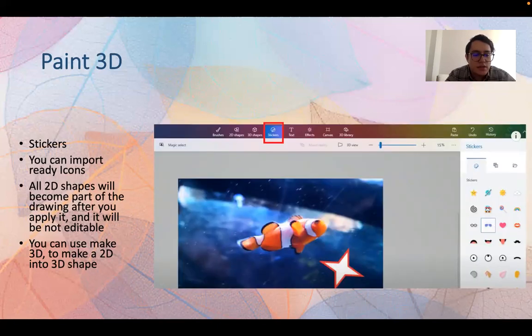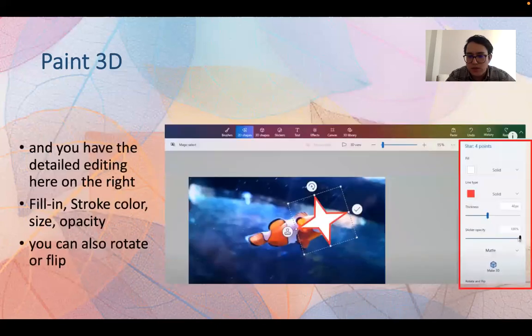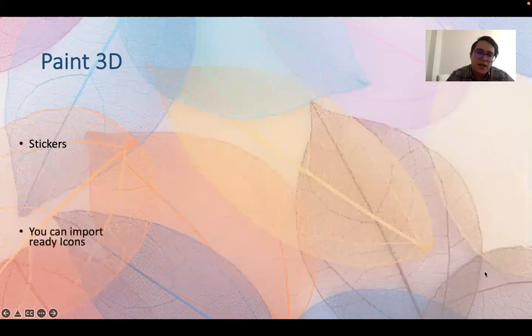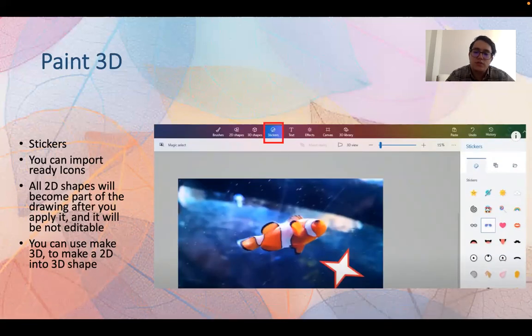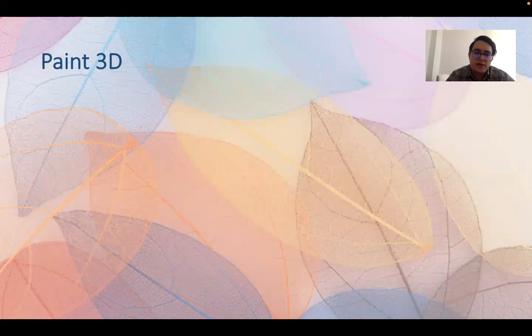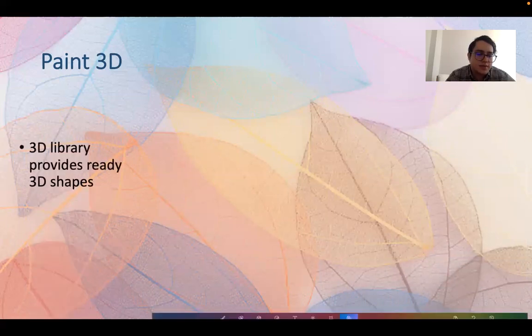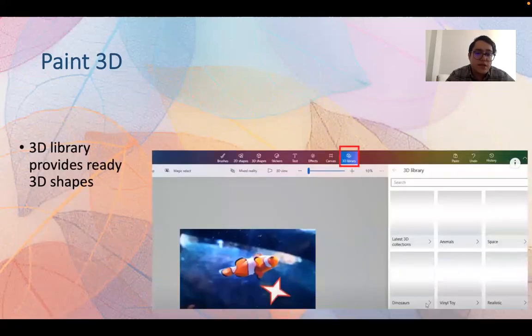For editing it, you have to make it 3D. So click 3D, click the tab that says make 3D, which was on the last page. You can see it here, make 3D. So by clicking that, it makes it as a 3D object, and you can still edit it even though you unselect it.